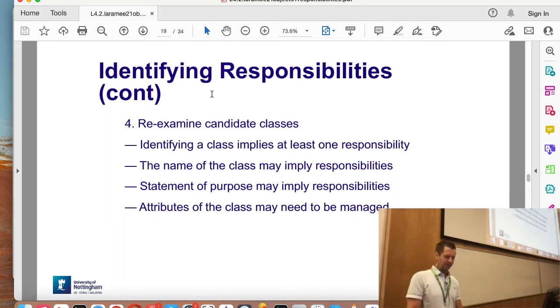So we re-examine candidate classes. Identifying a class implies at least one responsibility, right? Every class has at least one responsibility. The name of the class may tell you what the responsibilities are. Like time, if you have a class called time, that's a good name because it's pretty clear what the responsibilities are. The statement of a purpose may imply some responsibilities, and the attributes of the class may need to be